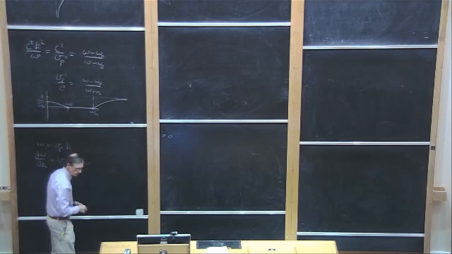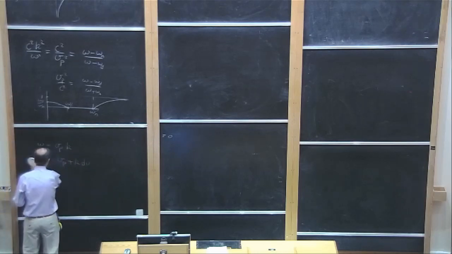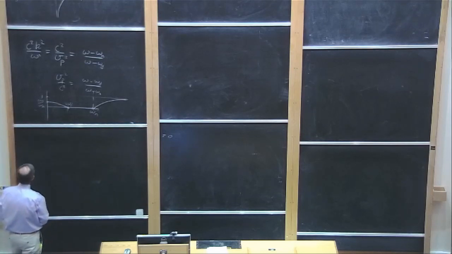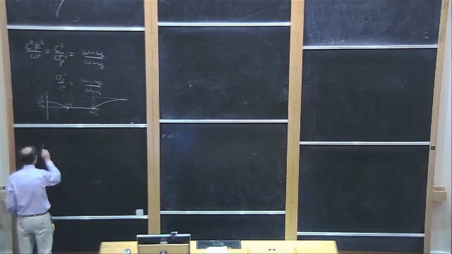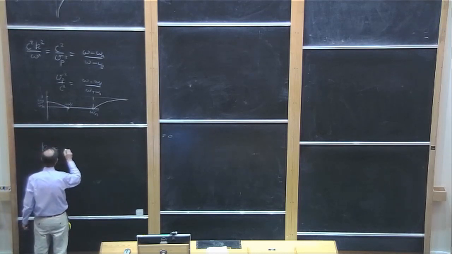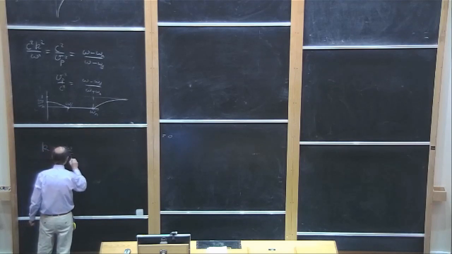No, that's not much help, is it? We need to do the other thing, because we don't want to differentiate omega with respect to k, we want to differentiate with respect to omega. So if we write k equals omega over v phase,